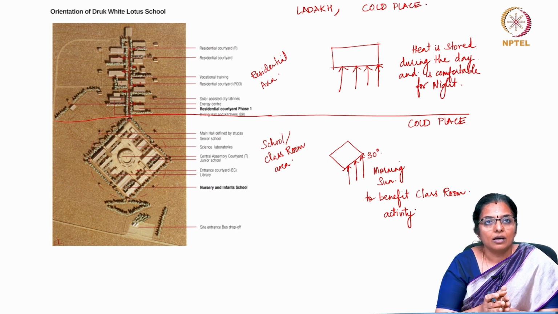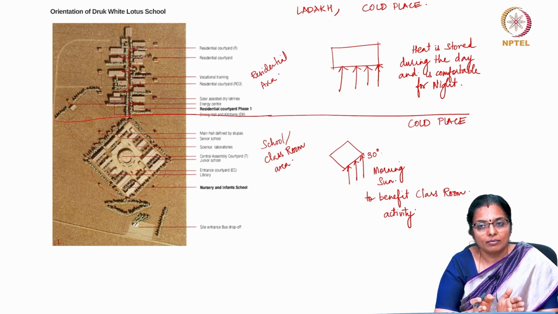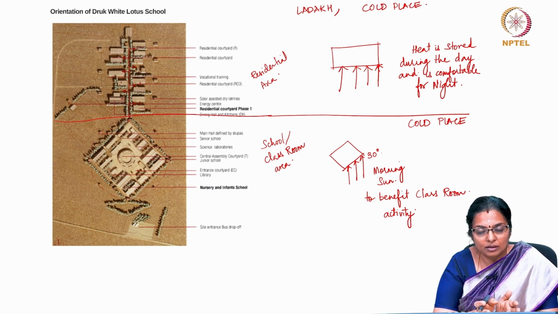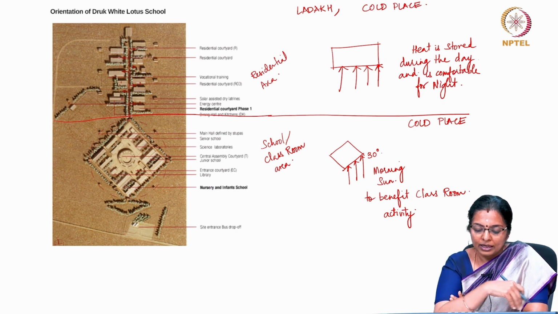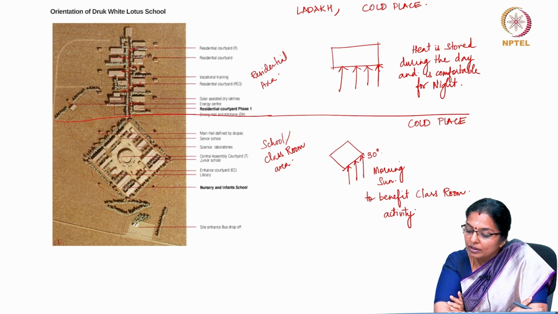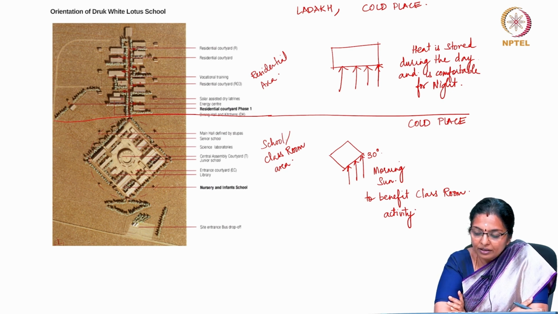One is during daytime when school is functioning, they have oriented it to 30 degrees to capture the morning sun, which will benefit the classroom activity. Whereas in the residential block, they have direct solar radiation, making the rooms warm during the day and